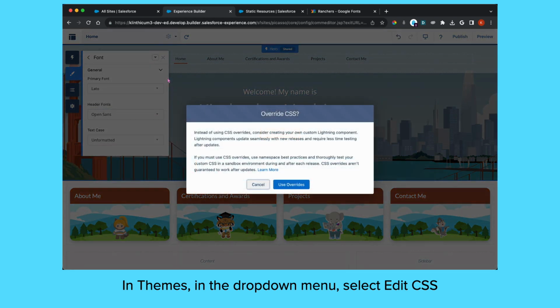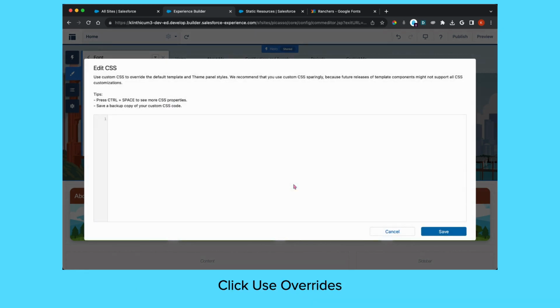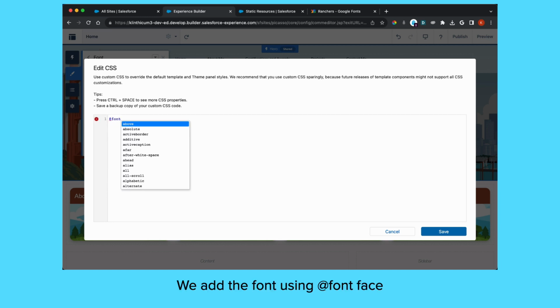So go to Edit CSS and you want to click on Override. And what they're telling you right now is they're warning you that you want to use this sparingly, because it can mess up if they update the theme, and there's some things that we did with the CSS. But right now we are just going to add a font, which should cause no problems because it'll default back to the default font. The way we do that is we use @font-face and then a curly